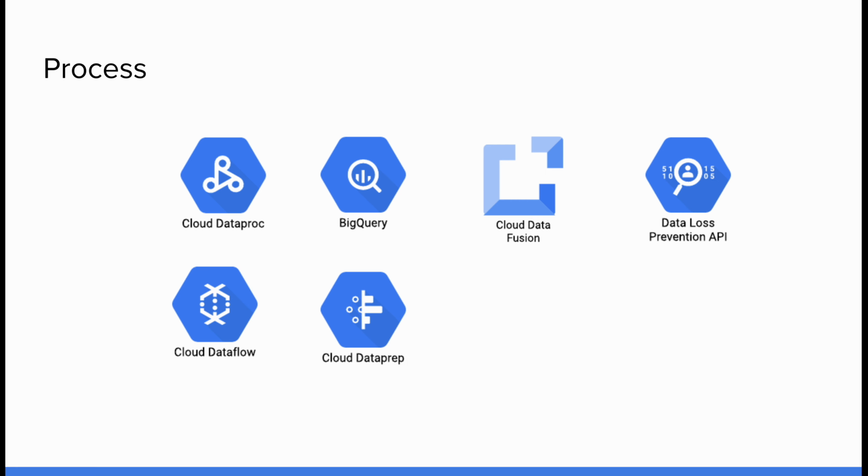Dataprep is an interactive data preparation tool, as you might guess from the name. And it's used for visually exploring, cleaning, and normalizing data. It allows you to see data changes as they are applied and prepare data without needing to use code. Cloud Functions can be used for event-driven data processing, where lightweight functions are executed in response to specific triggers. This is useful for enriching or transforming data on the fly as part of a larger data processing workflow or